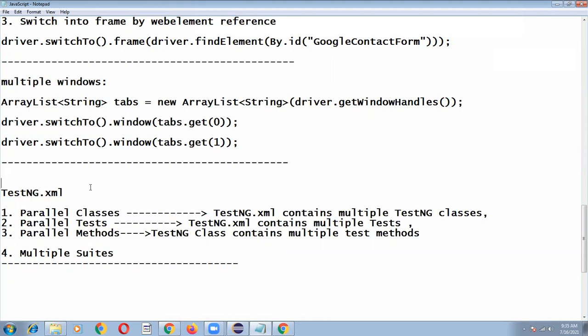Okay, now let me go to the last topic in testng.xml, multiple suites. So when will these concepts be used? We need to discuss. Suppose you have developed an Orange HRM application. You have developed test cases for the customer module. There are 30 test cases for the customer module. For the products module, there are 20 test cases.